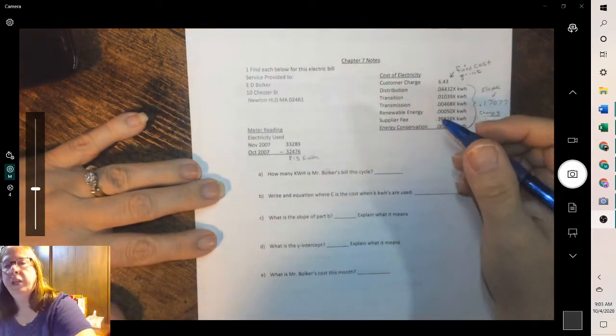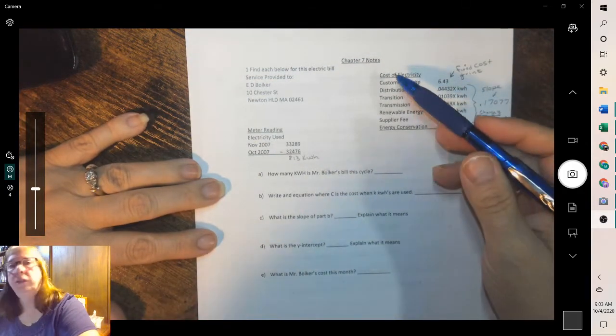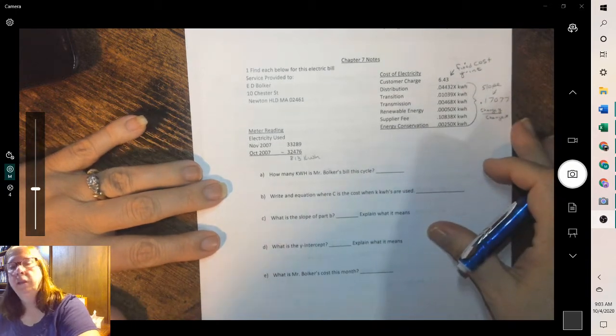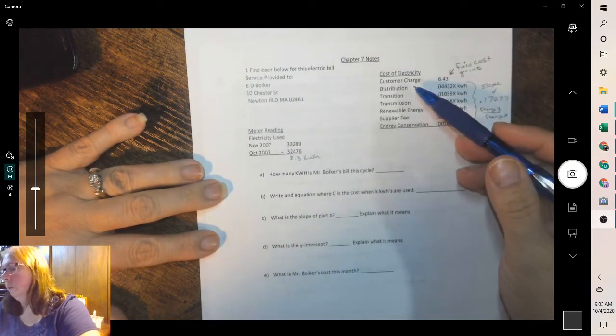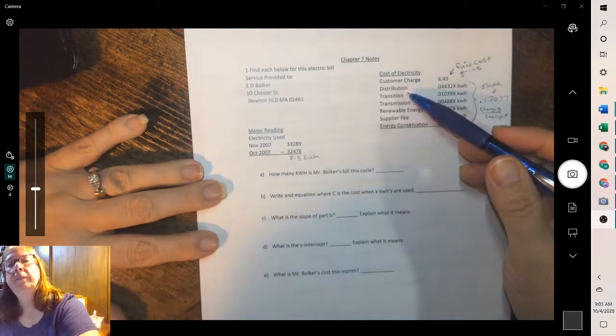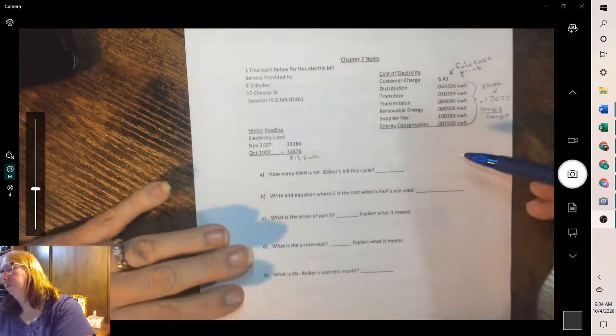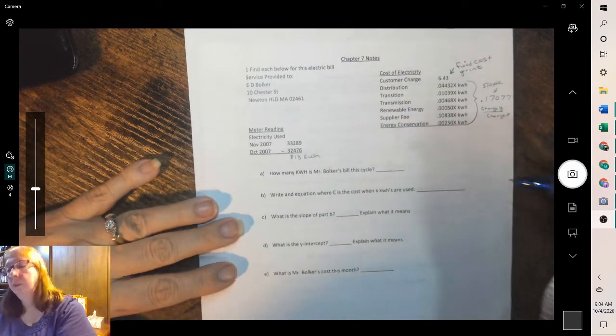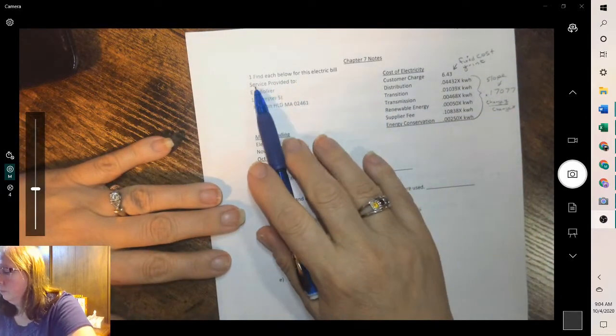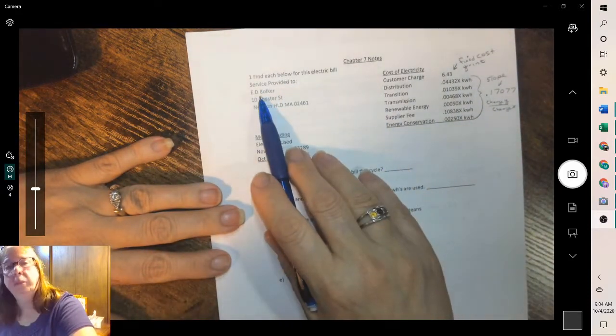Hello, I'm Mrs. J, and today we are going to cover Chapter 7. Chapter 7 talks about electricity bills, different types of bills, and how the rate of change is. So if we have this one, and we want to find each thing below for this electric bill,